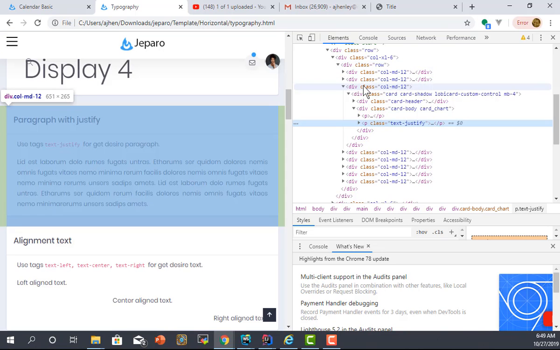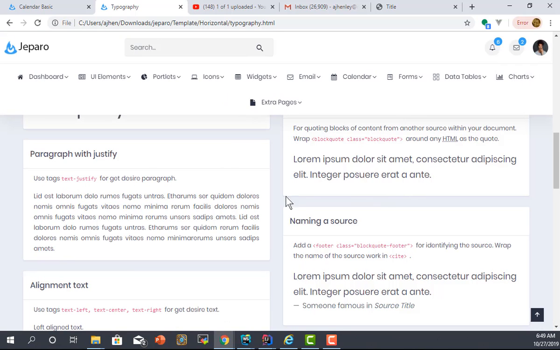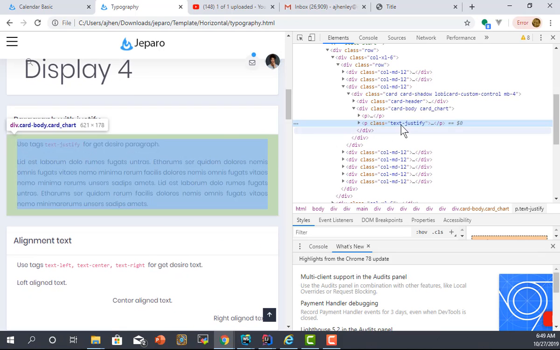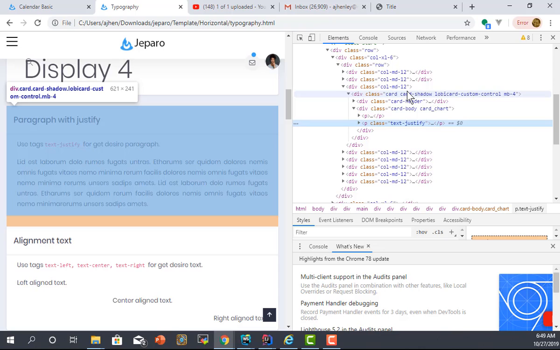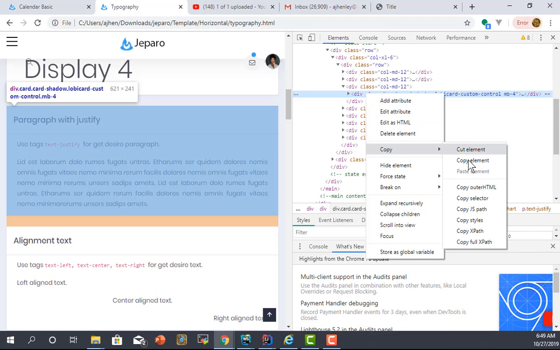I just want this, I think. Hold on, let me expand it back out again. Yeah, that looks good. Let me inspect that again. I want to grab this much of the card. I don't want the whole row, I just want this. So let me right click, copy element,